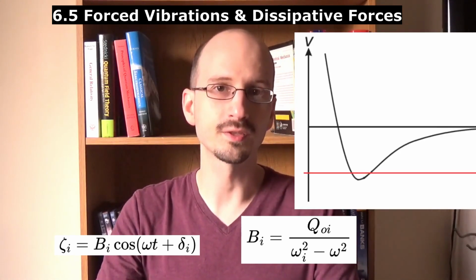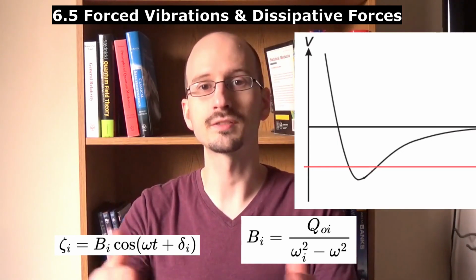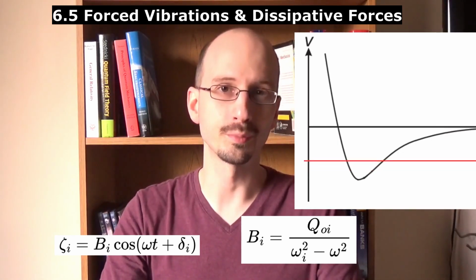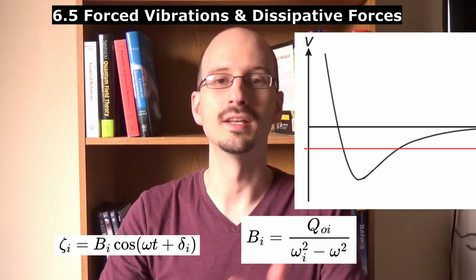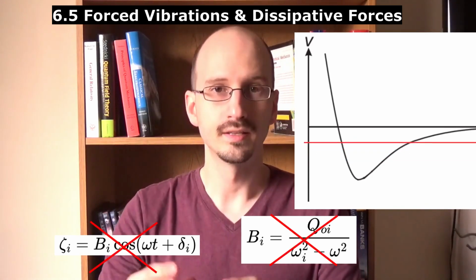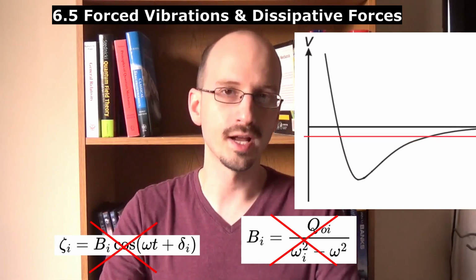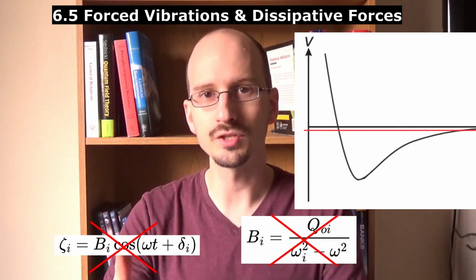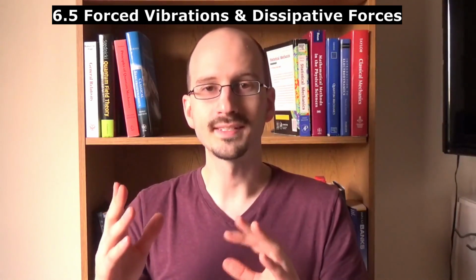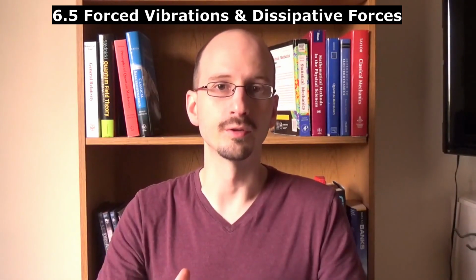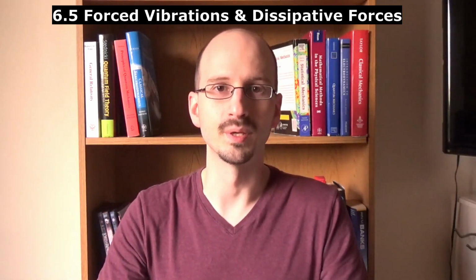In real-life physics, what happens is that the amplitude gets so large that it's no longer small oscillations, and the simple harmonic oscillating potential is no longer a good approximation. The equation of motion is no longer correct, and the physical system changes so that the amplitude never actually reaches infinity. If we have a dissipative force, or a friction force, that depends on the velocity of the motion, the